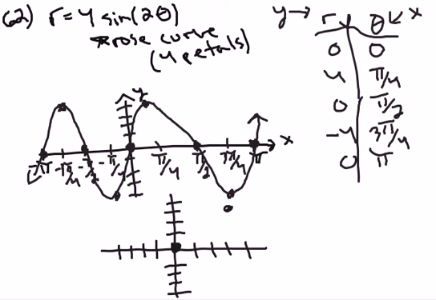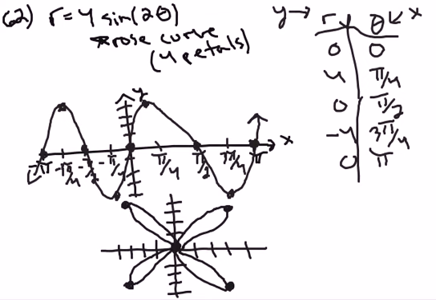Left 4 at an angle of 3 pi over 4 will put me down here. And then 0 at pi is here, and you can guess by symmetry, because there have to be 4 petals, they will end up here. And you can label these better. I know I'm not labeling these very much, but you can label this as an angle of pi over 4, and 3 pi over 4, 5 pi over 4, 7 pi over 4, etc. But this is your basic graph. Notice how I found the other petals just by symmetry there. Let's continue right along with number